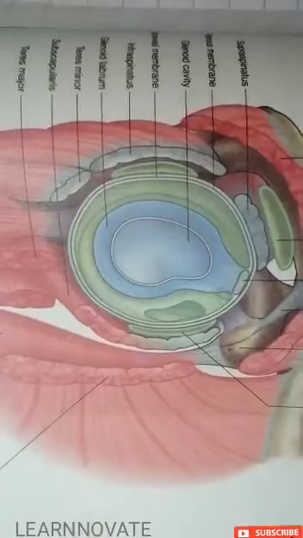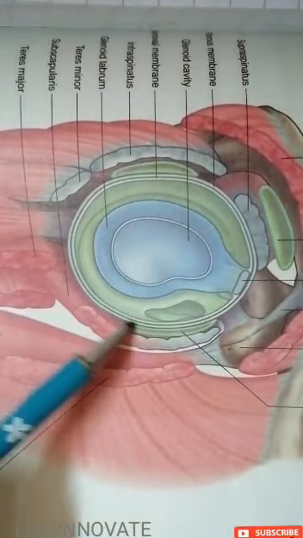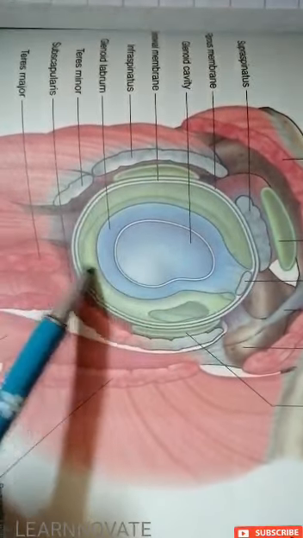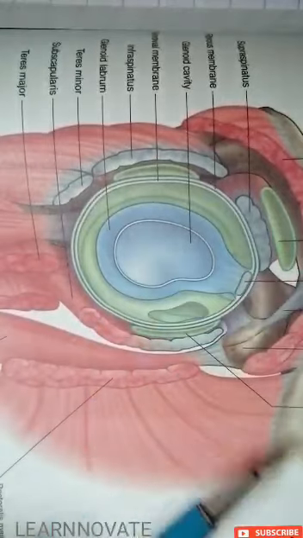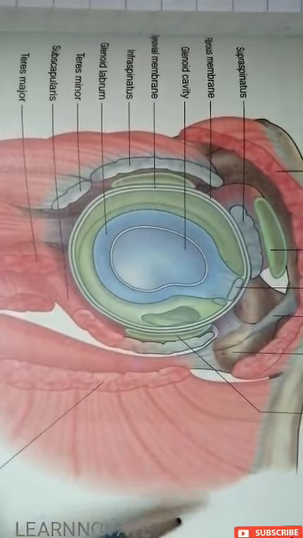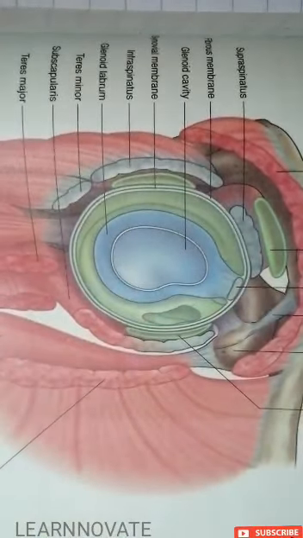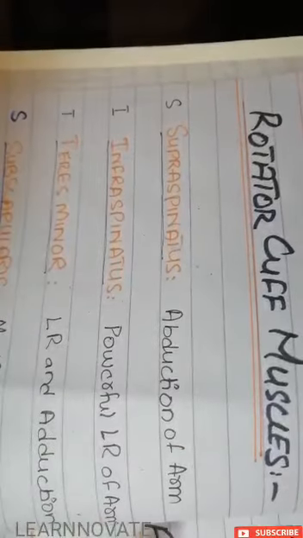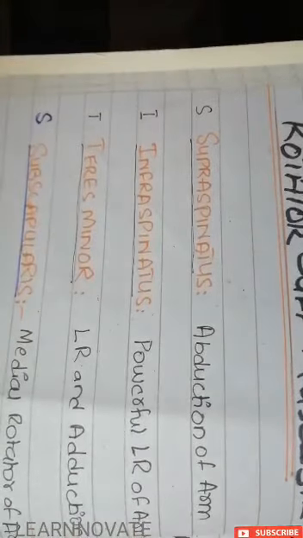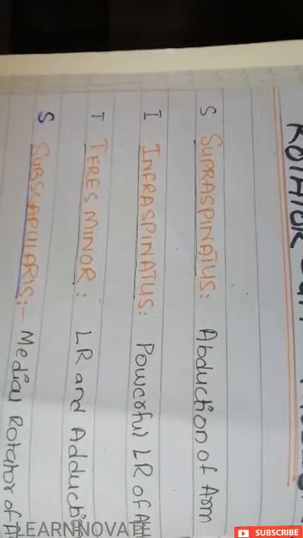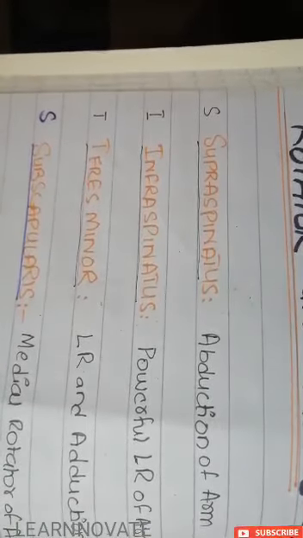Now here you can see these are the ligaments, and some of the rotator cuff muscles are going to attach on the lateral side of this whole joint capsule and the glenoid cavity, and there is a covering from all the four muscles that we call the rotator cuff muscles, and these are going to strengthen the joint capsule. The rotator cuff muscles that we will discuss include four muscles: the supraspinatus, the infraspinatus, the teres minor and the subscapularis.